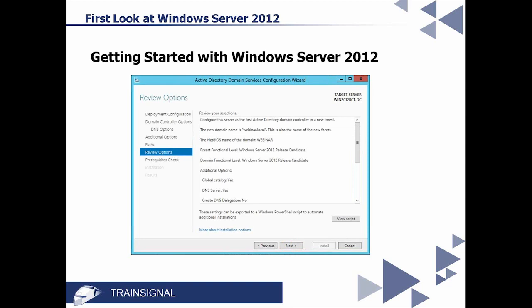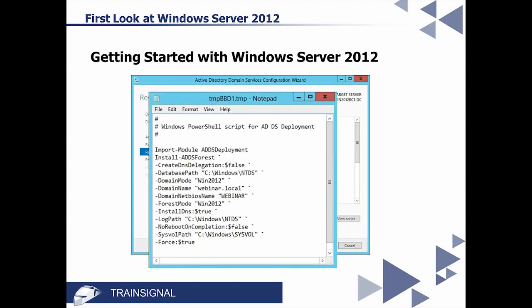Here's where you can review everything that you've just selected, and this is now into something that is new, and you will find throughout the entire operating system, and that is View Script. Everything in Windows Server 2012 is PowerShell based. So what you have the opportunity to do here is click on View Script, and it's going to show you the PowerShell script for this exact deployment of Active Directory Domain Services on this computer.